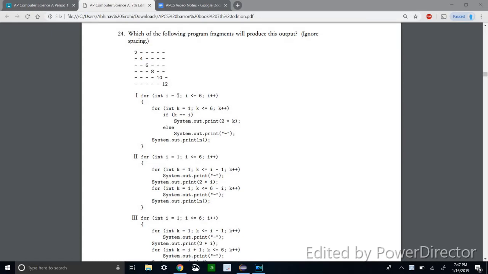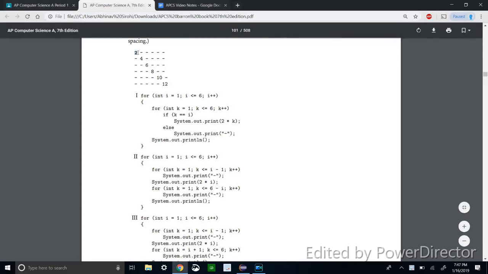So for example, since i equals 1 the first time and k equals 1, it'll print 2 times 1, which is what we have here. And so every time i increases, it prints 2 times that number in the correct place. So it gets the sequence